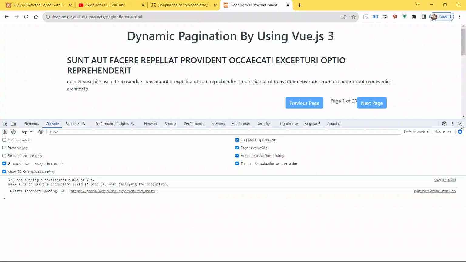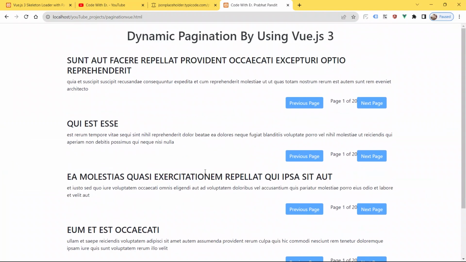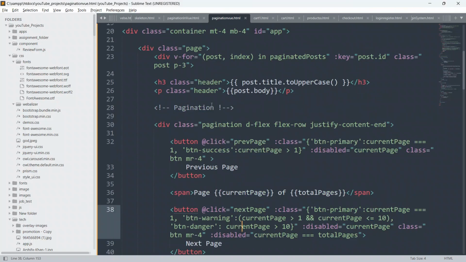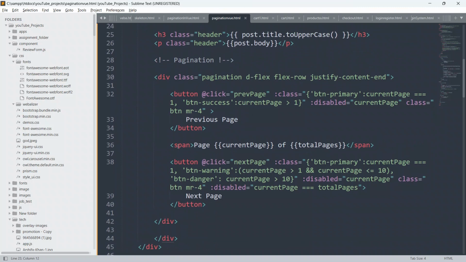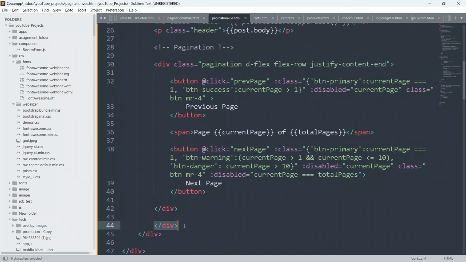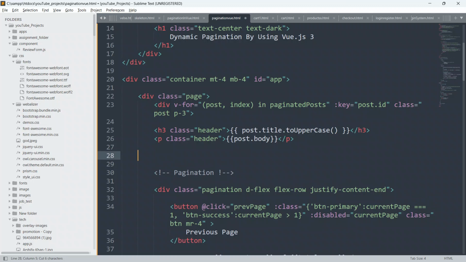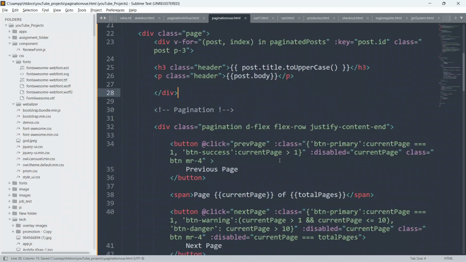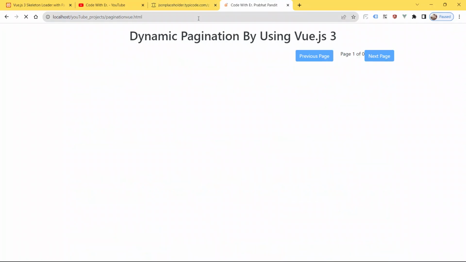Now save your code, go to the browser, and refresh the page. Okay, so we have to put it inside, this is the for loop. So just cut this div from here and paste it below this div.